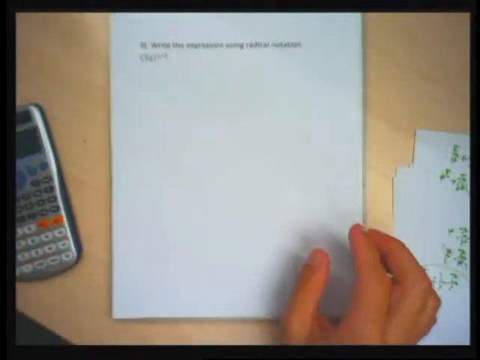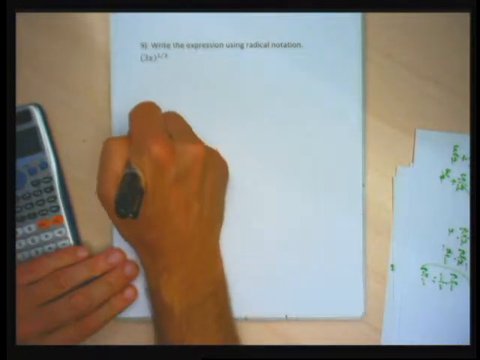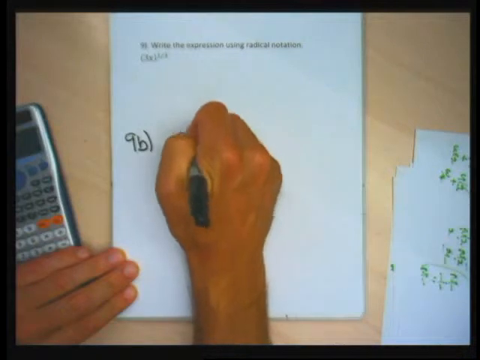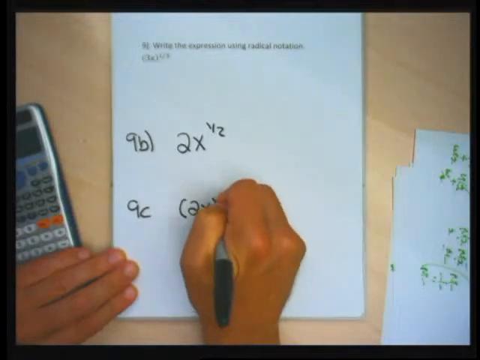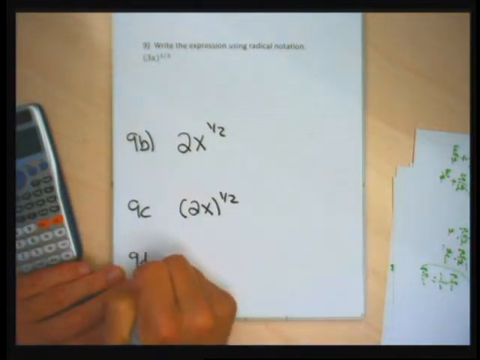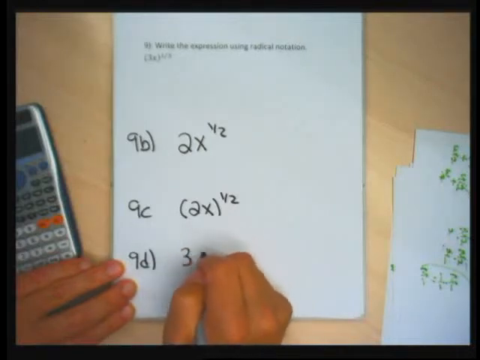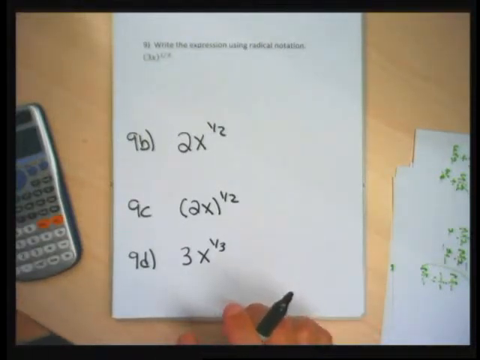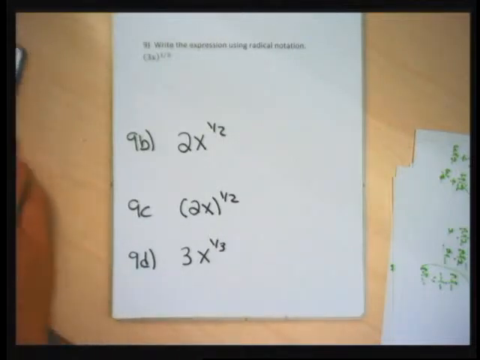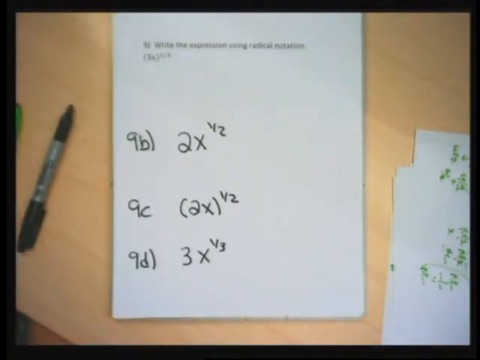On 9, I should probably tack on a part B, C, and D. So this is another kind of problem that, when I put it on the test, like those problems that I did with the zero exponent, tons and tons of students make a common mistake. So the instructions, write with radical notation, means I need a square root symbol or a cube root symbol, and the